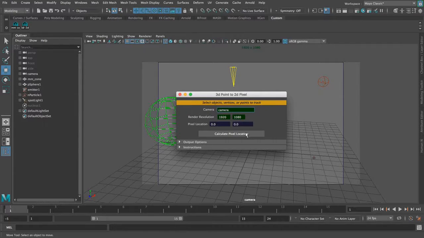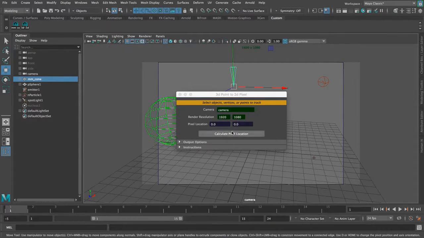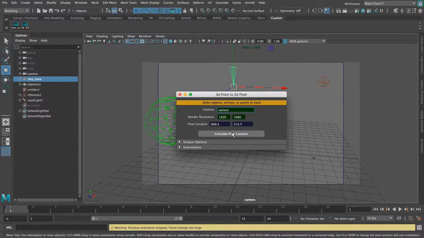The camera text field then turns green to indicate that I have a valid camera selection. The next thing I need to do is provide a render resolution of the image space that the calculation will be performed for. By default, the image height and width values are taken from the Device Render Settings window. The last step is to press the Calculate Pixel Location button, and I get a pixel location readout accurate to 1/10 of a pixel. The actual values include more decimal places, but this output is truncated for simplicity and ease